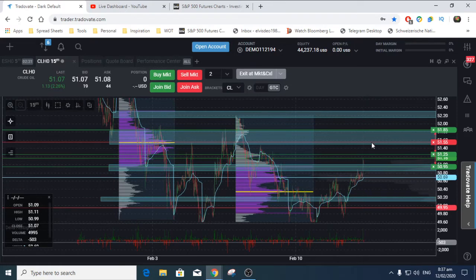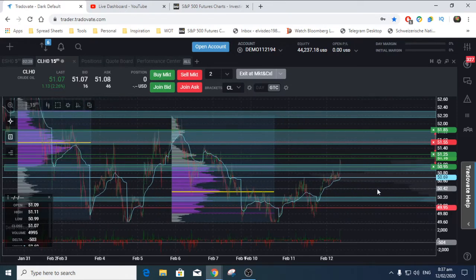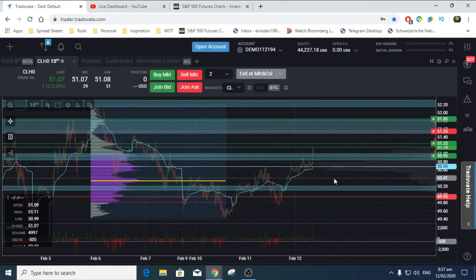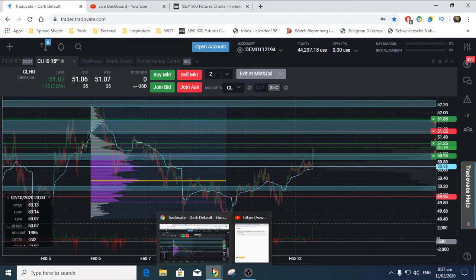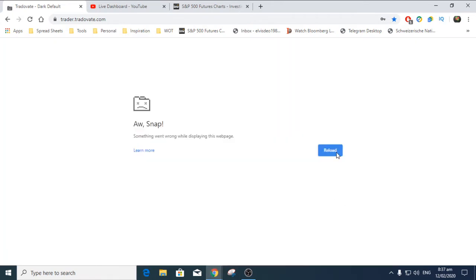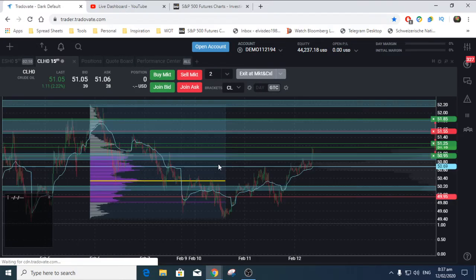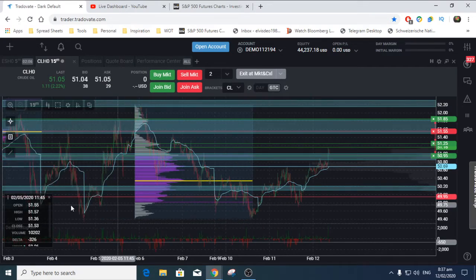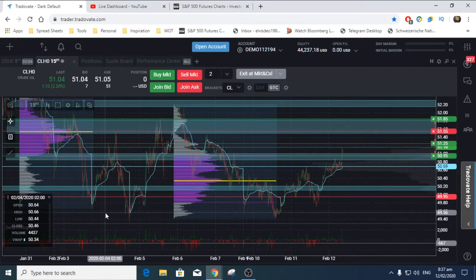Want to see how the market opens with the weaker money in the market, pushing the market to the upside. Haven't gotten news from Russia as yet to see if Russia is joining the OPEC side of things. So we just want to keep that in mind in case we see a news bubble pop up. I mean, that will already be too late because we'll be in the trade already.